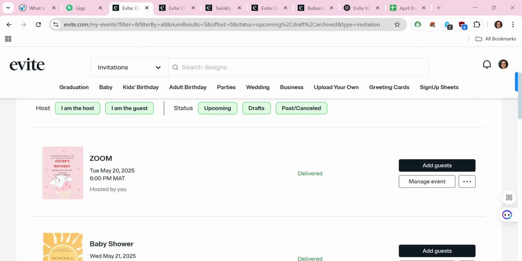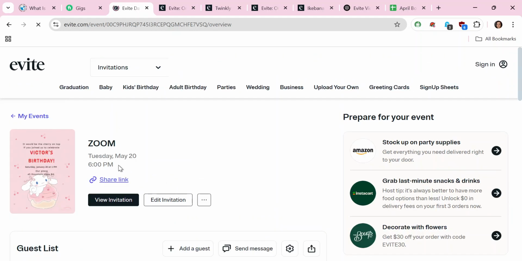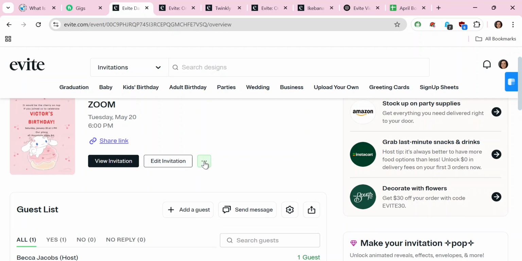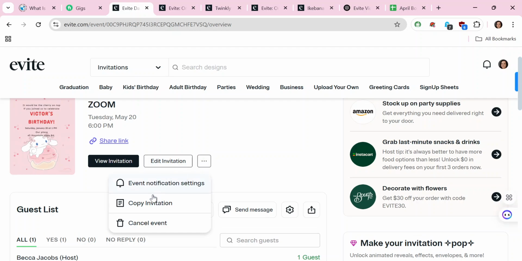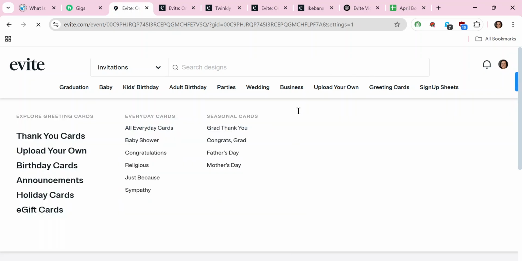So once the page is loaded, click on manage events for the particular event you want to add to your calendar on Outlook. So once it brings you to this particular page, just click on the option button here, then click on event notification setting. So once you've chosen that, just wait for the page to load, and then a menu